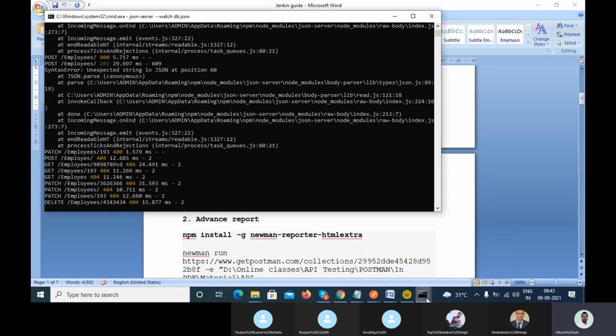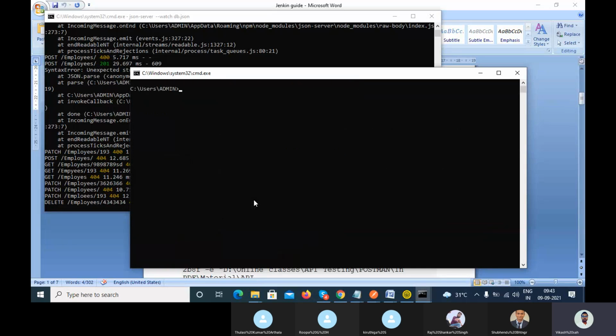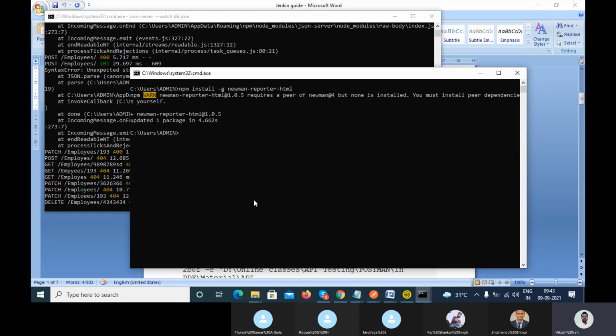Go to the command prompt. Let me clear this. CLS, clear. I have cleared the board, and type that command and run. So it will install the HTML plugin in your machine, right? When you install, when I run the command which I was using, after that I have to